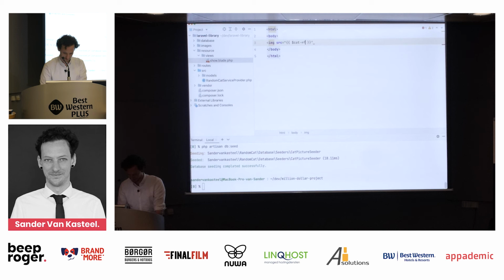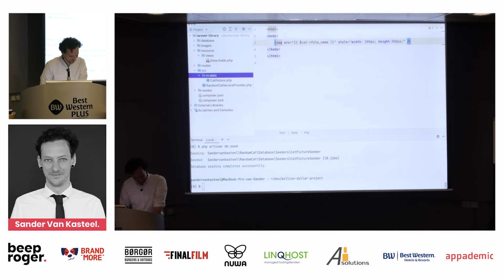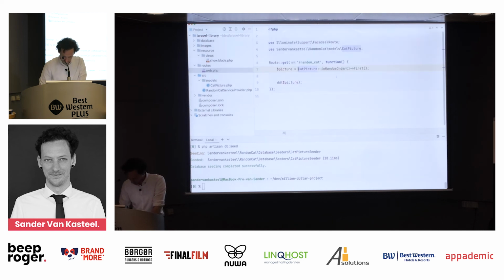We'll give it a file name, and I don't think there's going to be a lot of styling here, but we'll give it a width of 500 pixels, give it a height of 500 pixels. Actually it's a self-closing tag. A route, and now we can just return our view, which is